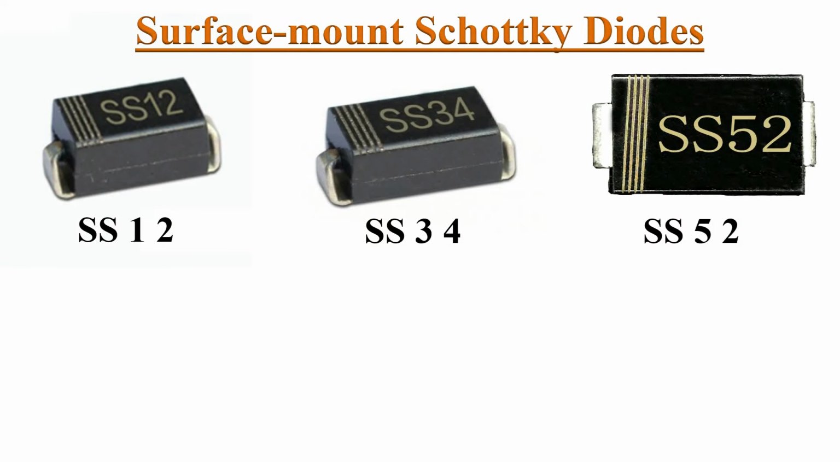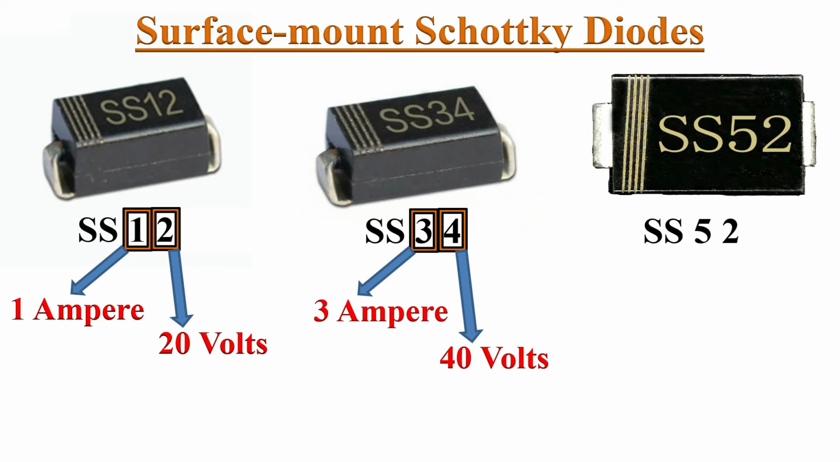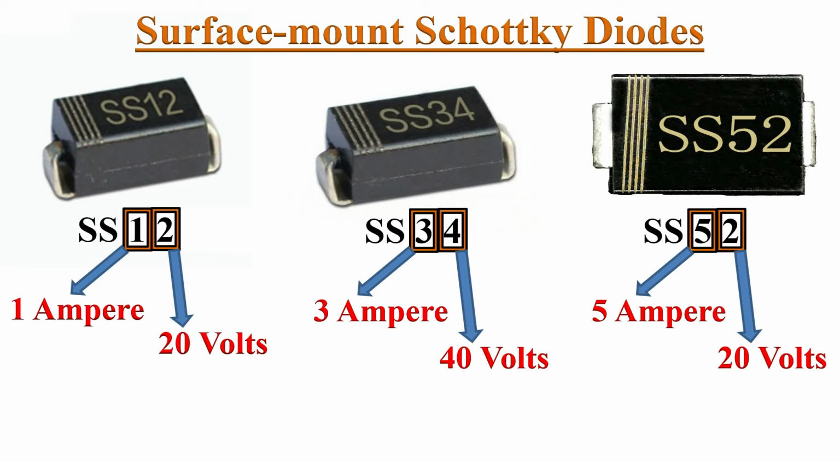SS series SMD diodes are Schottky diodes. Their current and voltage ratings are denoted with 2-digit numbers. For example, if the code written on an SMD diode is SS12, the first digit 1 represents its current rating of 1 ampere and the next digit 2 represents its voltage rating in multiples of 10, that is 20 volts. Likewise, the SS34 diode is a 3 ampere 40 volt diode and the SS52 diode is a 5 ampere 20 volt